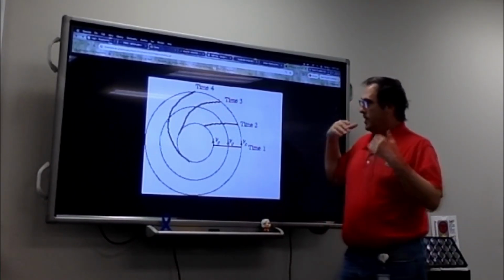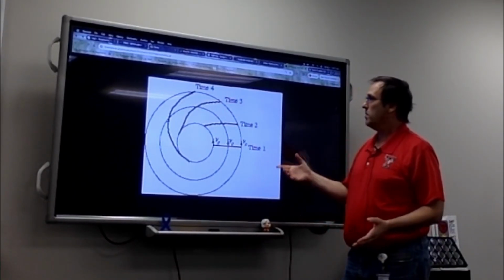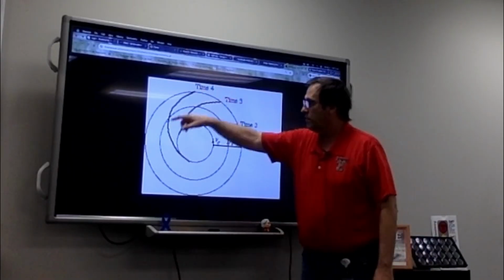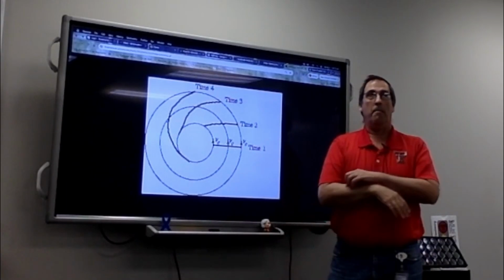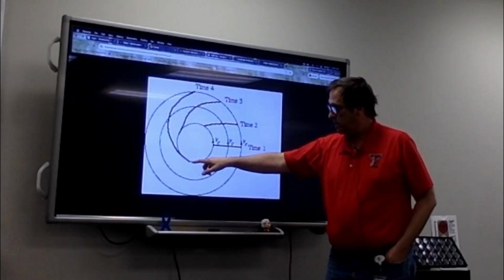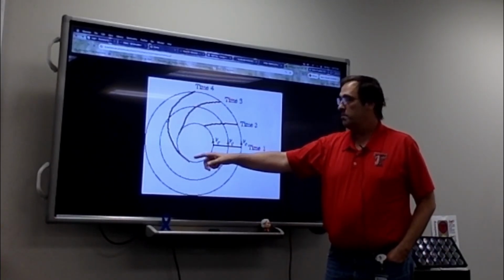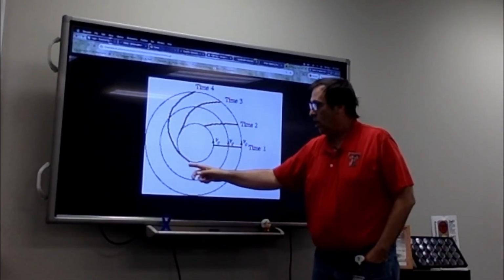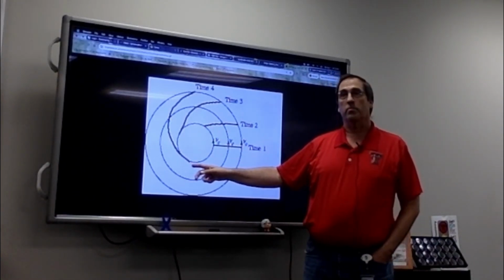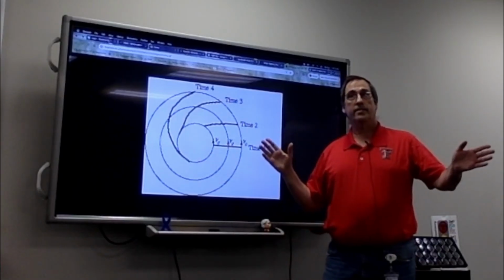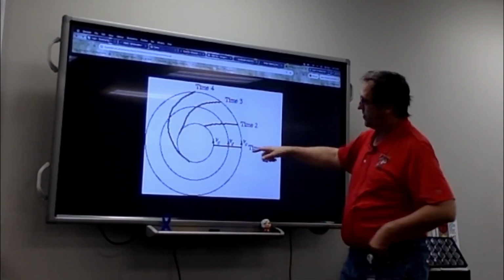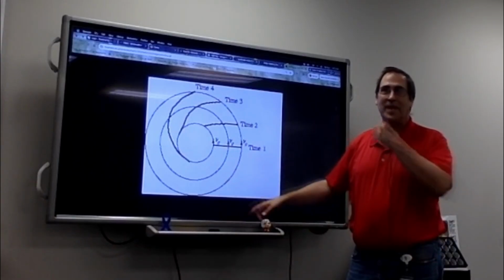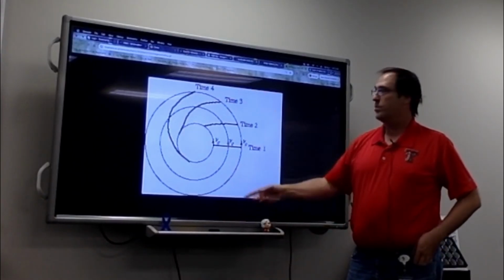If we go the same amount of time, time number 4, so 1, 2, 3, 4, you can see they've all moved the same distance, but this one, because the circle it's orbiting in is smaller, has gone almost 3/4 of the way around this central pivot point. Make sense? By the way, this is where some of those galaxy arms come from. That is the structure that we're seeing.